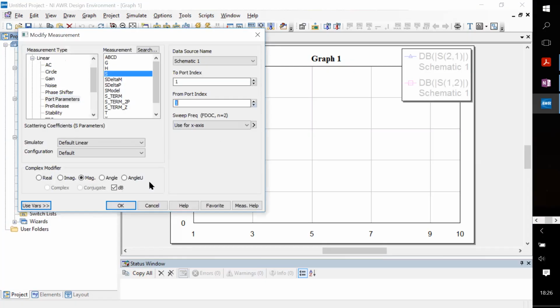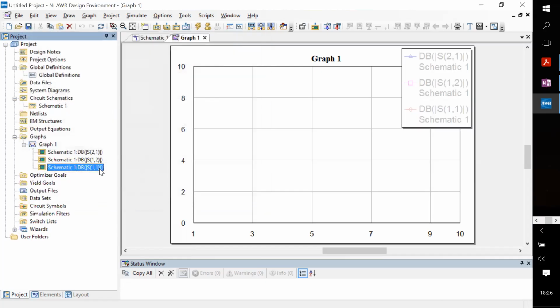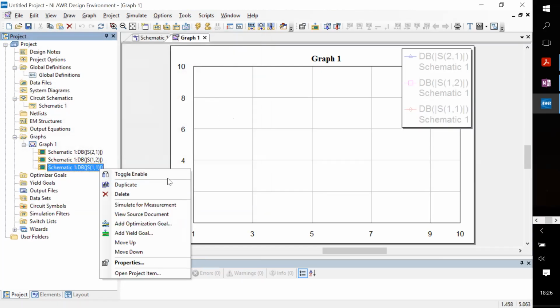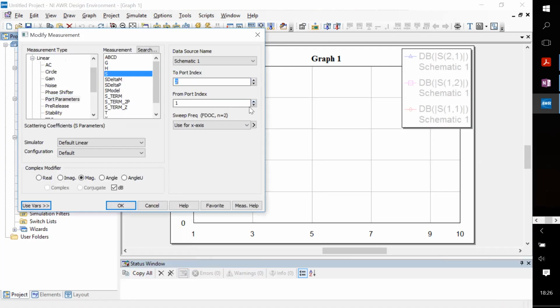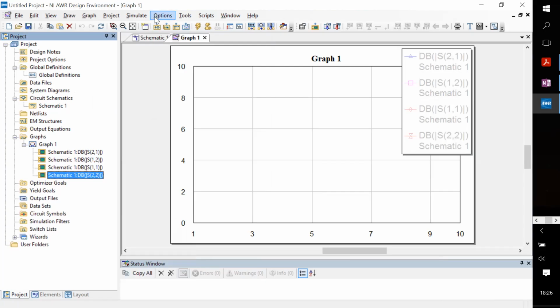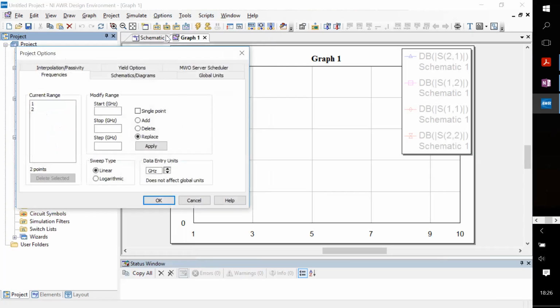It's 1 and it's 2. Now this is a completely frequency independent circuit, so it really doesn't matter what frequency you choose, but